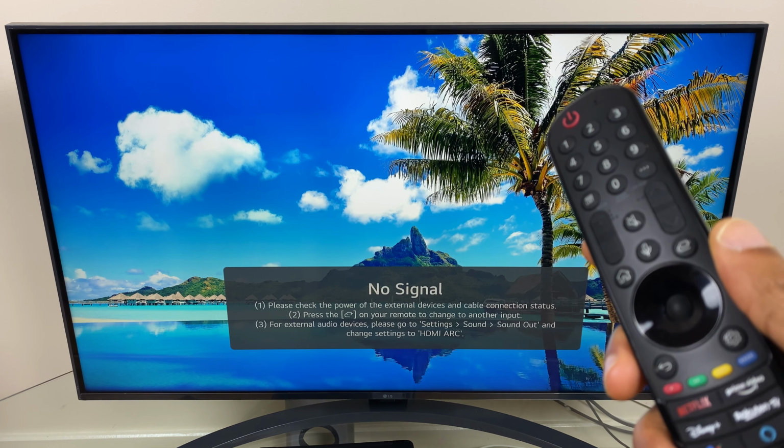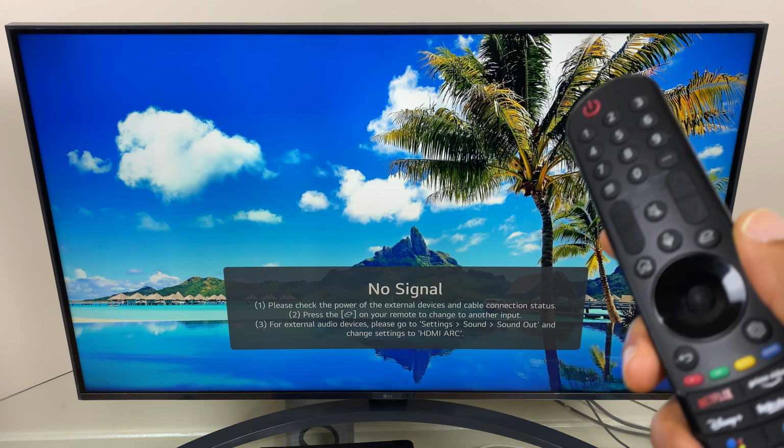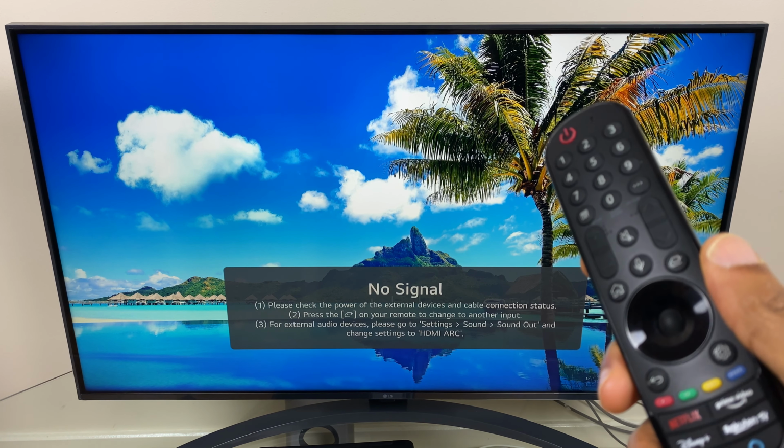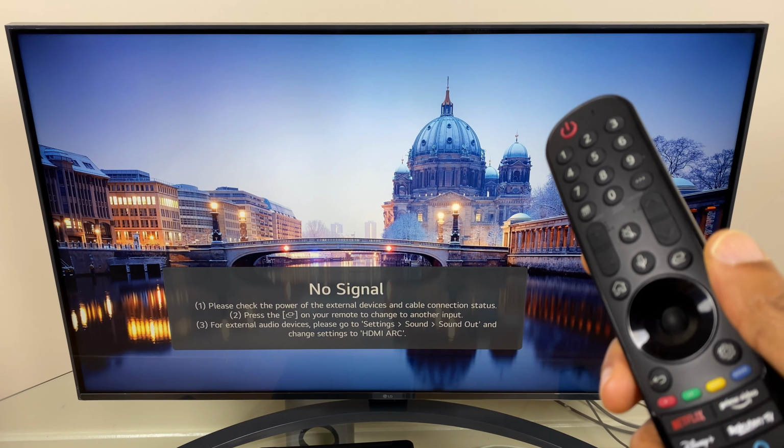Hi and welcome to this quick video where I'll show you how to install the Spotify app on your LG Smart TV. So the first thing to check is to make sure that you're signed into your LG Smart TV